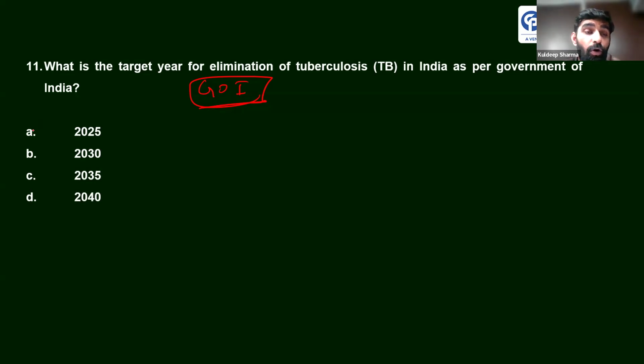Is the goal 2025? Is it 2030? Is it 2035 or is it 2040? So the answer here is A, 2025. The global goal is 2030, by which the global community believes it can eliminate TB. However, for India, we have made the goal 20